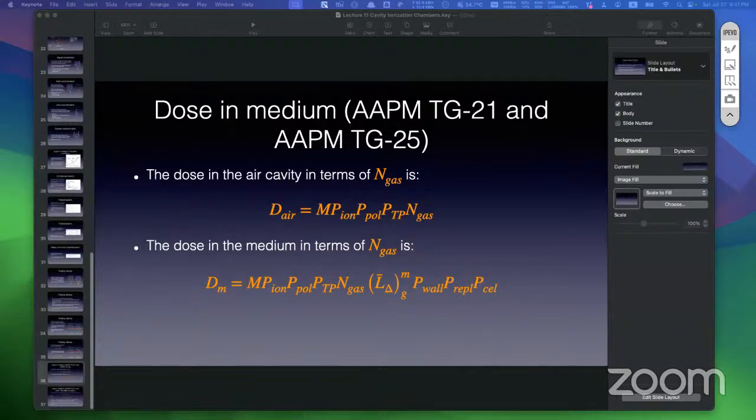Can we use N_DW to calculate dose to medium for heavy ions? Because I don't think we're going to have the same N_DW for heavy ions, because for heavy ions, we treated the N-gas as a changeable quantity. You know, the